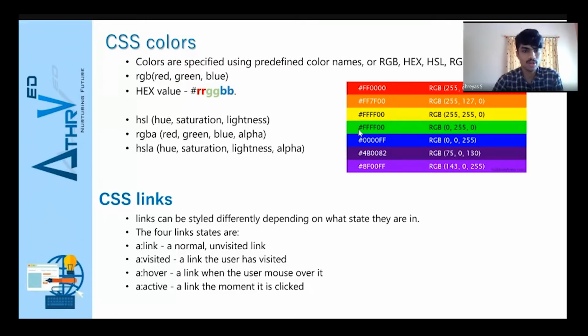So next comes CSS links. There are different properties under links. You might have seen on a website, suppose there is a link, and after you click it, the color of the link changes. So we can set all those styles by using the link property. We can set a different color if the link has already been visited, or if you hover over it. Hover is an important concept. Hover is when you move the cursor over a button and the color changes. That is because of the hover effect. So you can set CSS links based on the hover effect.